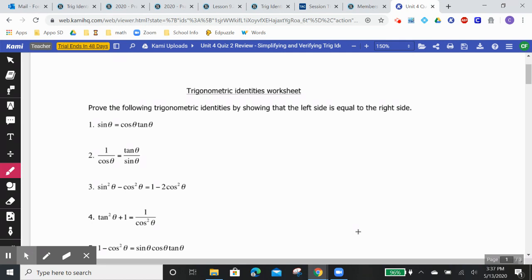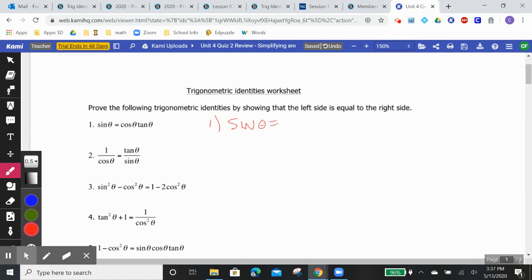So if I look at number one, I'll bring number one over here. Number one, I have sine theta equals cosine theta tan theta. So which side looks more difficult? Well, there's only one thing on the left. There's 2 things on the right. So I'm going to go ahead and leave